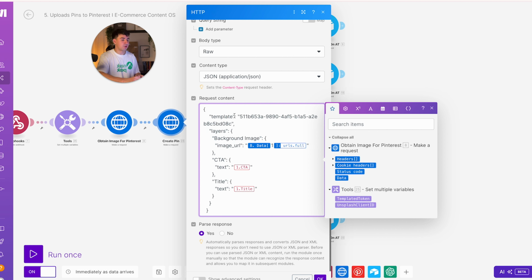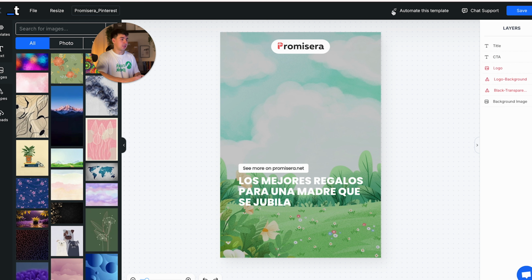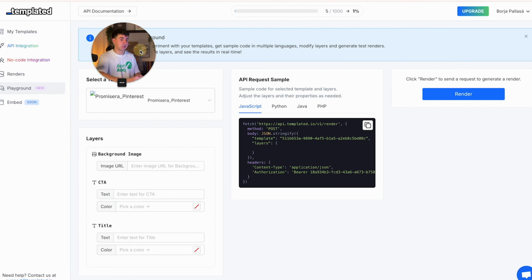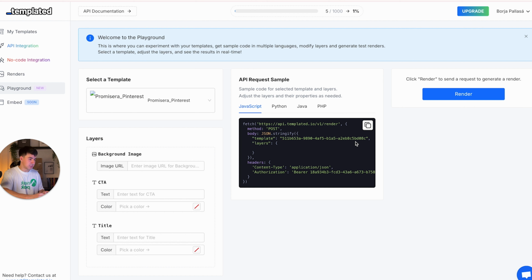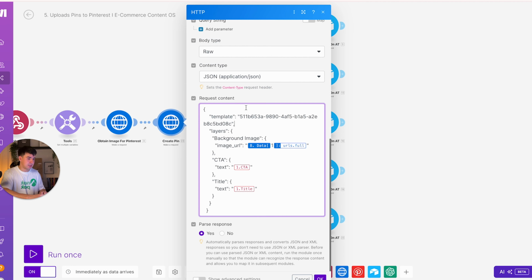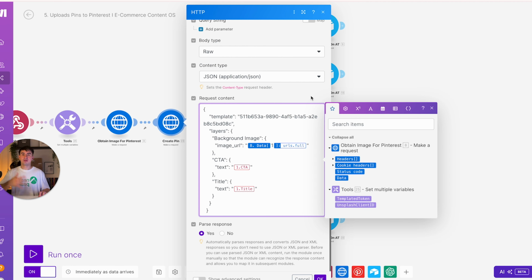And this is very important because this template that you see here that basically finishes with 08C is the same template that we have over here, okay? If we click in automate this template, we're going to see that this template ID is basically this one. Okay, so this is exactly the same template ID. If you create your own template or you create multiple templates, each template is going to have an ID associated,